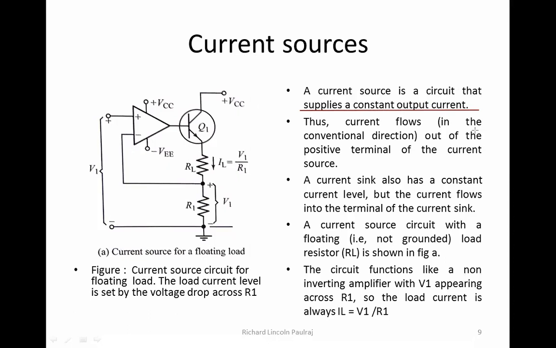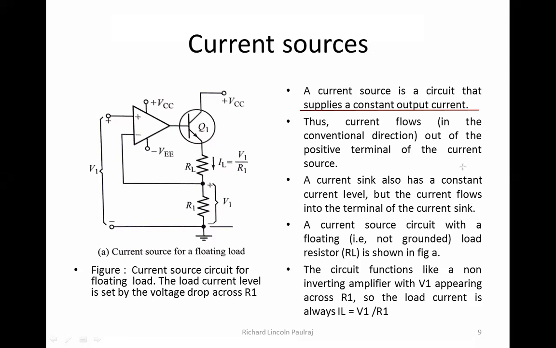There could be a few appliances, let us say, for example, voltage stabilizers. The stabilizers that you use for your electronic equipment do not need any current spikes or voltage spikes, but they need constant outputs. You can think of that as an example. In turn, it is actually securing your gadgets and electronic items. So that's the importance. Thus, current flows in the conventional direction,